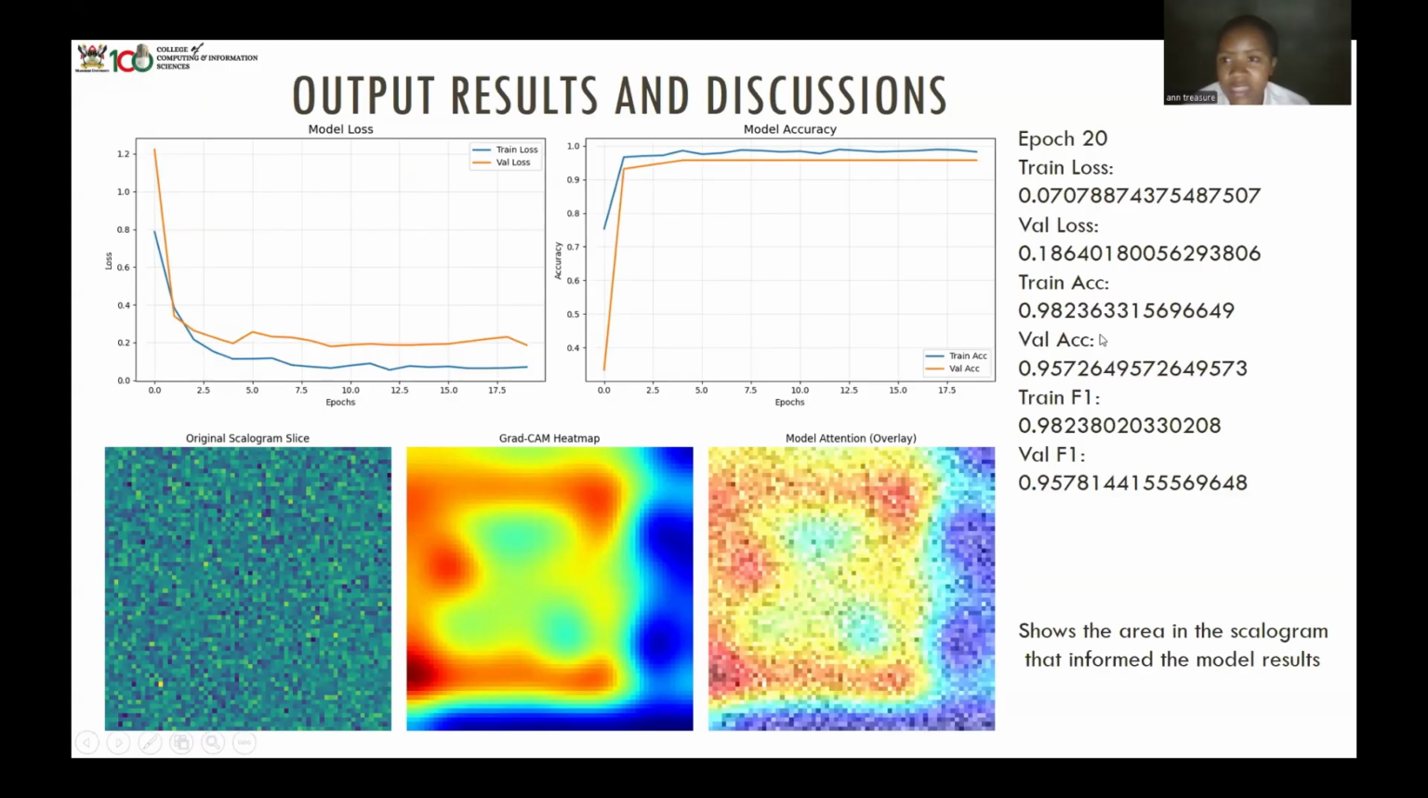So the best model was at epoch 20 out of 50. So the train loss was... When we go to the average, the train accuracy was around 98%, while the validation accuracy was around 96%. You can see here. And then for the explainable AI here, we see the scaleogram, how the scaleogram had been